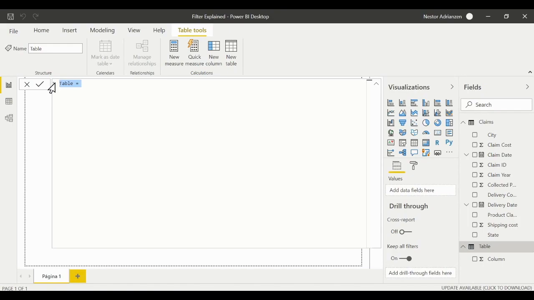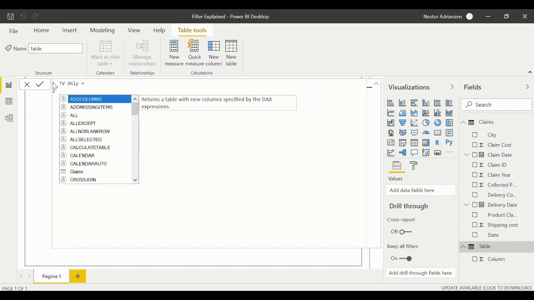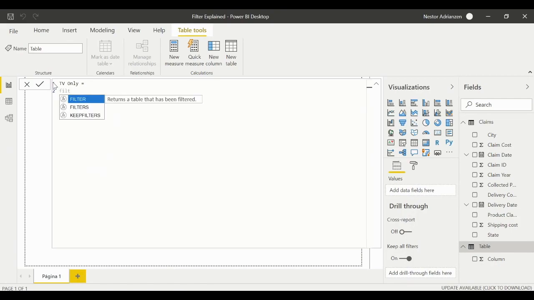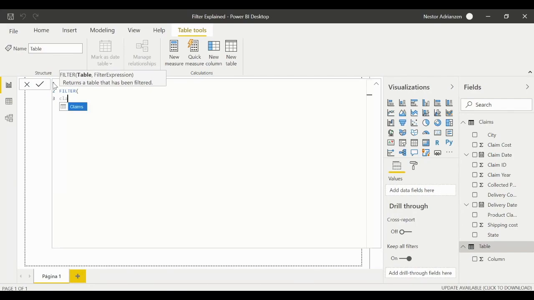Let's call this table TV only, and then equal. And of course we want to use the FILTER function. Let's select it with tab. The table that we want to call is our claims table. Let's select with tab,